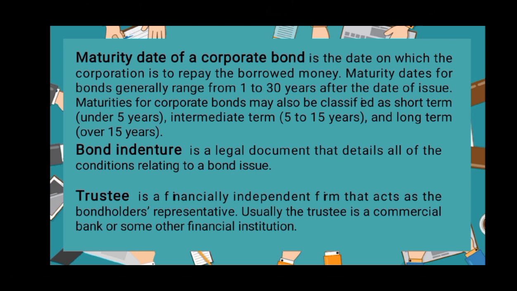Ito yung mga contract or kontrata associated with the bond. Nilalaman nito is yung mga bond features, yung mga actions that will be triggered if yung issuer ng bonds is nag-fail sa pagbabayad. A corporation issuing bonds appoints a trustee. So, ang trustee, hina-hired or ina-appoint ito ng mga bond issuer. Sila yung mga nagko-collect ng funds upang bayaran yung mga scheduled interest and principal sa bond. So, sila yung mga napagkakatiwalaan ng mga bond issuer.